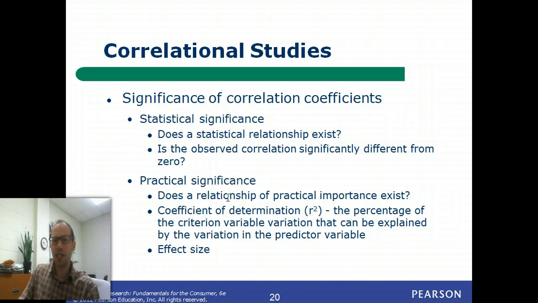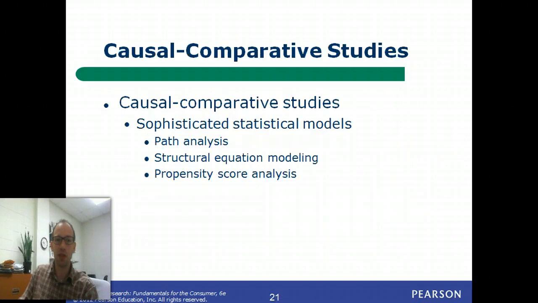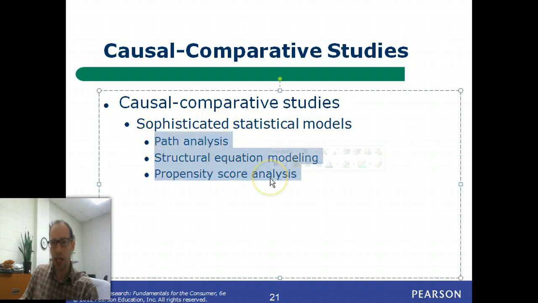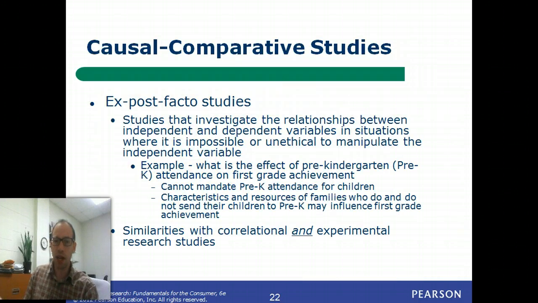Practical significance is, does it really matter? And this could be either, is the effect size actually big enough that it would make a difference? Or it could mean, are these variables even important? Is it important that toenail size is slightly bigger? But there's a big difference between a p-value and an effect size. And an effect size typically is what's more important. There are ways to look at causal effect using correlation, but they're very sophisticated, and it's not just pure correlation. And finally, ex post facto is dealing with existing